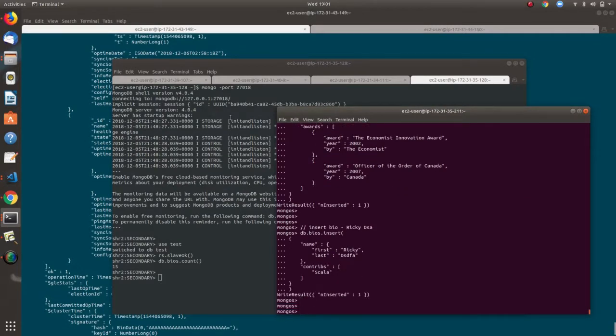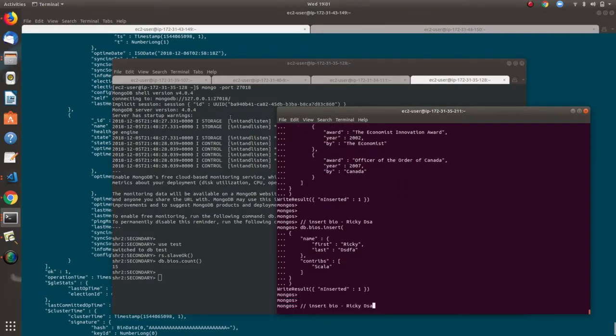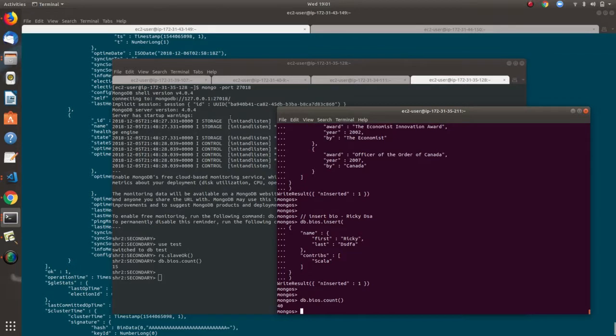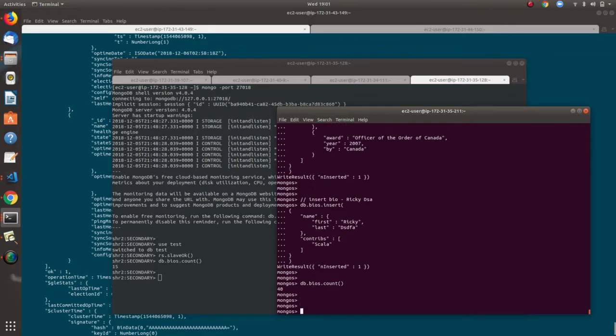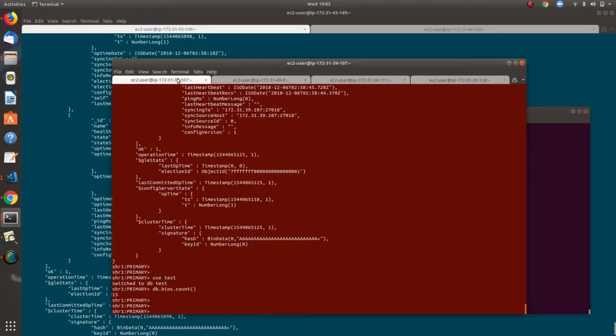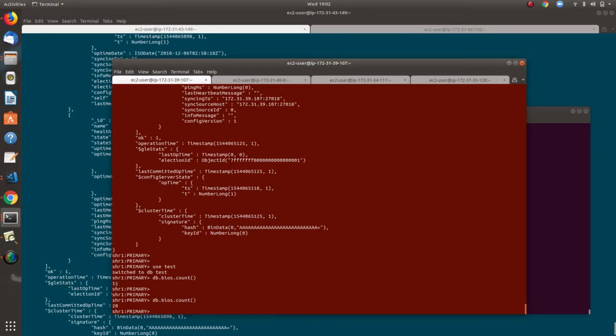So I've inserted all this data. So now I have a total of 40 documents which are distributed across two shards. Now let's check the individual count on each of the shards. Okay, so I got 5 of my additional 10 documents in shard 1,